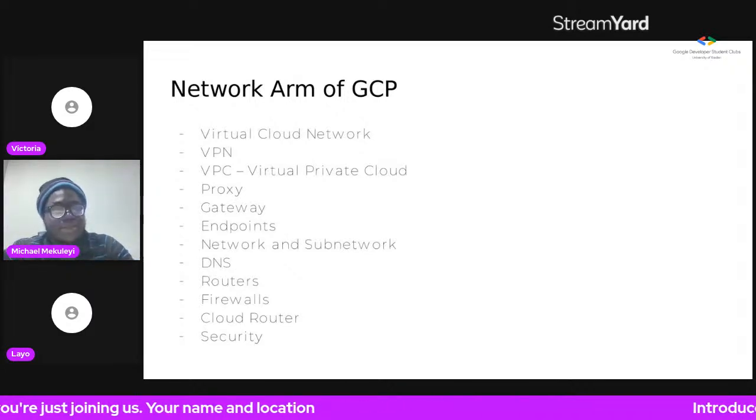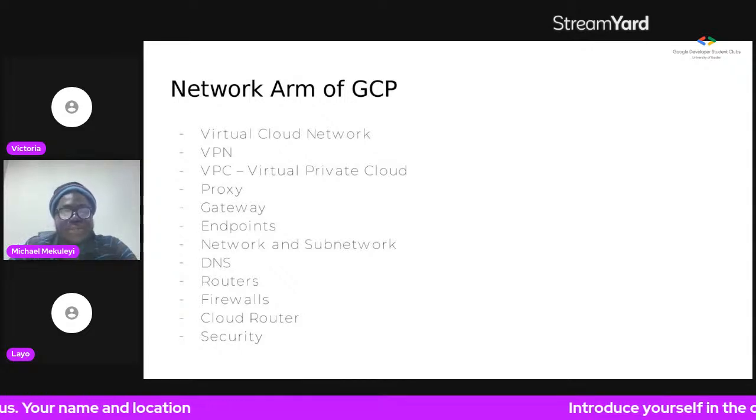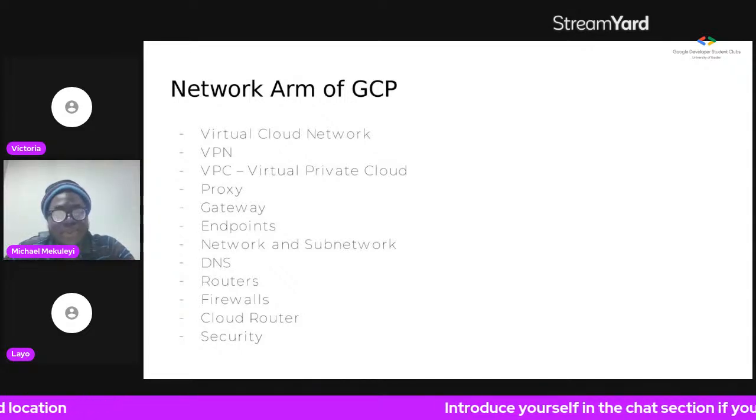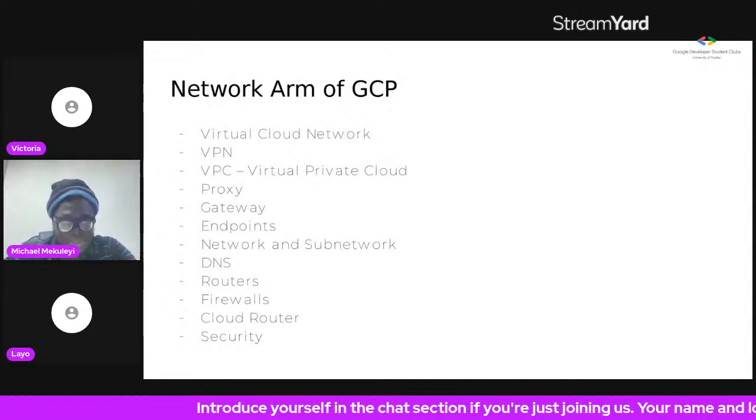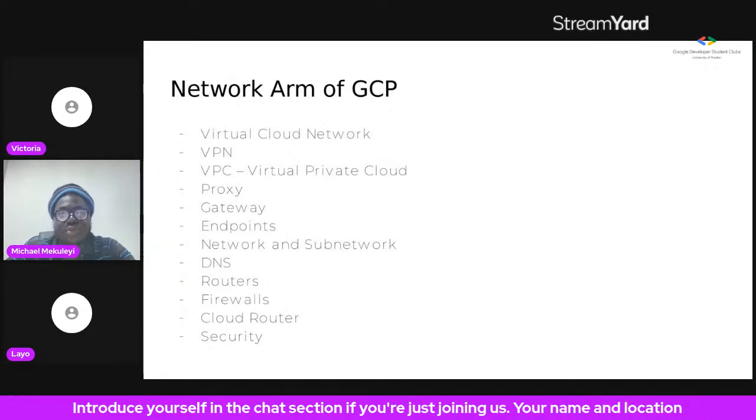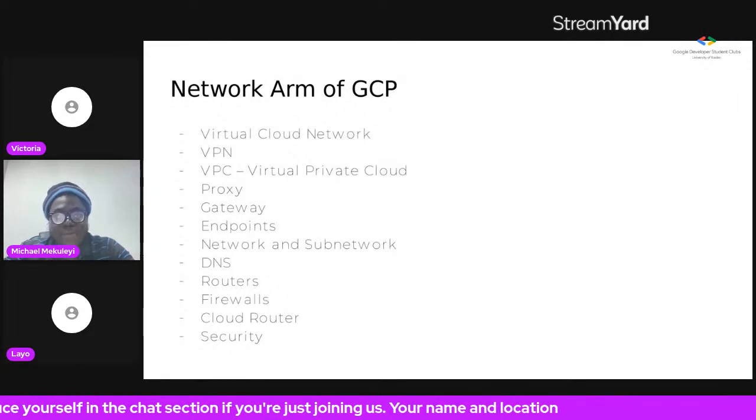way you have local networks where you connect wires to computers, to your database, to your processing, to your compute, is also the way we do it in GCP. We are just connecting most of them via APIs and via clicks. And so you have your virtual cloud network.